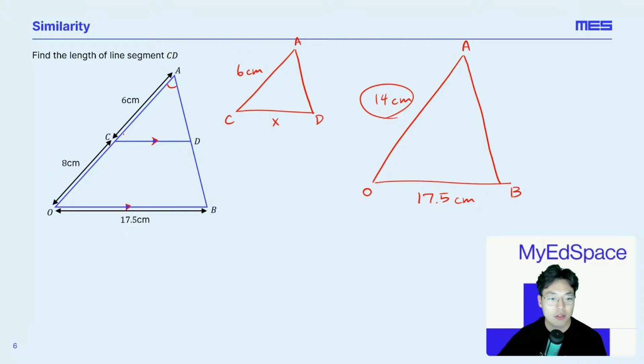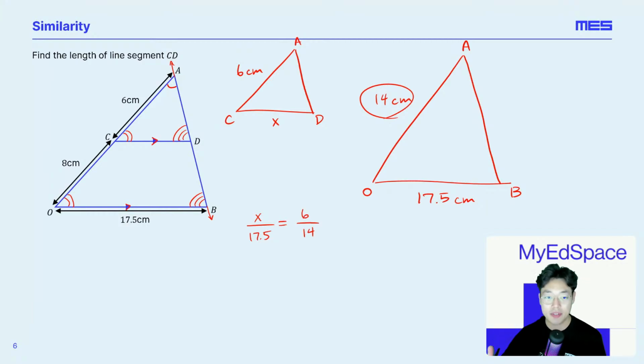These are parallel lines. Therefore, this angle is congruent to this angle by corresponding angles. And this angle is also congruent to this angle by corresponding angles given these parallel lines. And we used to call these transversals, right? How many of you have learned transversals yet in geometry class? It's probably coming up if you haven't learned it already. But let's create a proportion off of this. We'll now have x is to 17.5 as 6 is to 14.